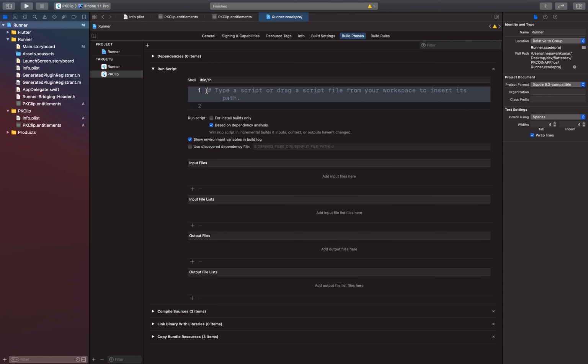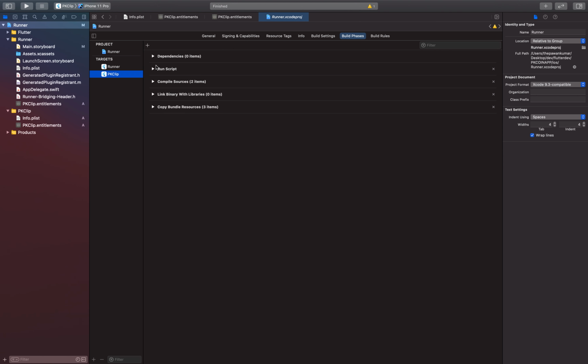And here I have to write the script. So basically you can go to runner and you can just copy it and paste it. Similarly, you don't have to do anything else. So I'll just copy and paste here. Similarly, I need one more, and that is thin binary.